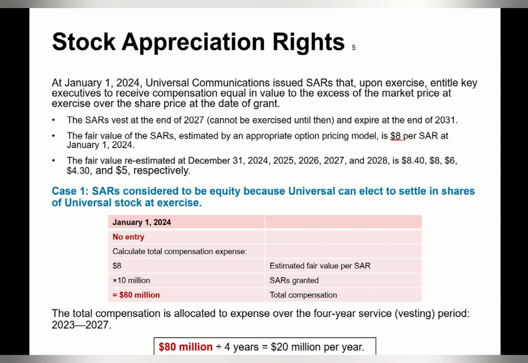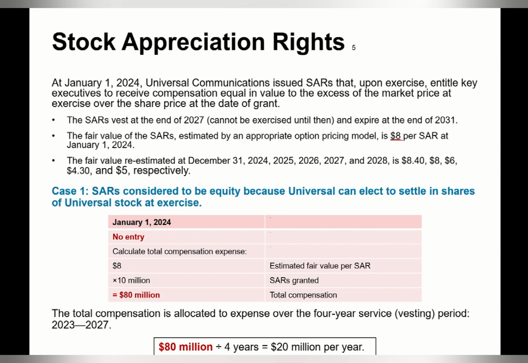The fair value of the SARs estimated by an appropriate option pricing model is $8 per SAR at January 1st, 2024. The fair value re-estimated at December 31st, 2024, 25, 26, 27, and 28 is $8, $10, $8, $6, $4.30,